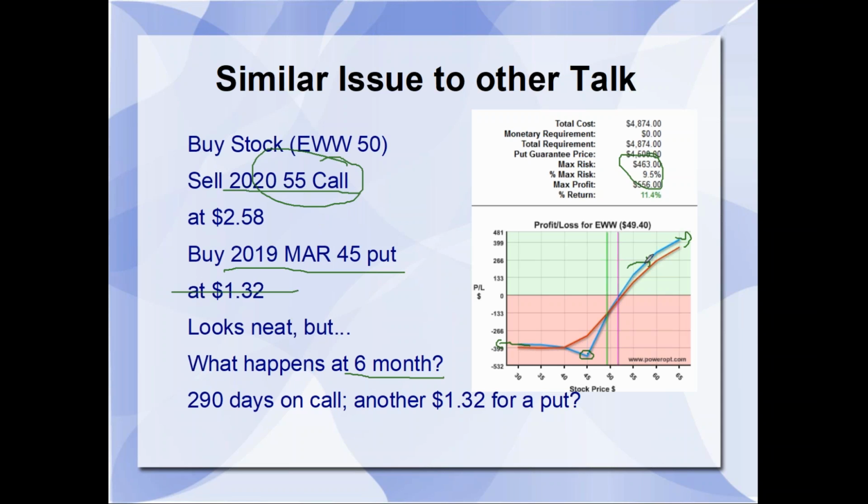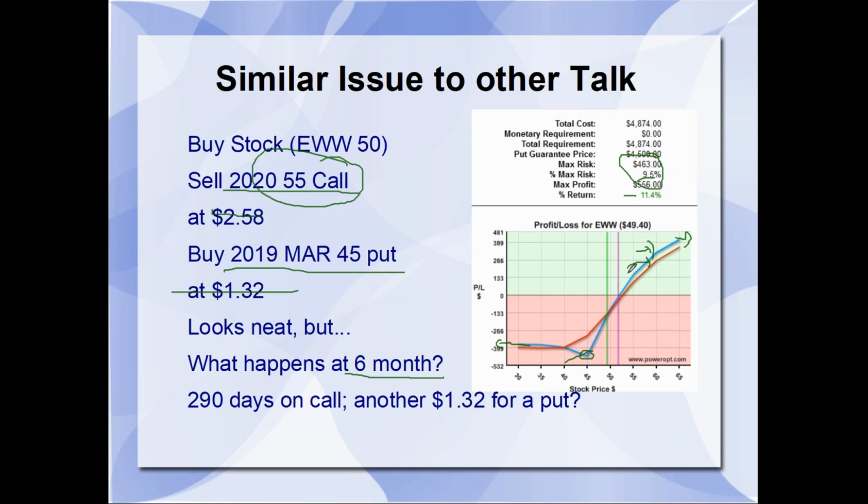I've got to decide, do I liquidate? And I didn't get a lot of time value decay, and my stock is up to 57, so I've got $7 worth of gain there. I lose the $1.32 on the put. Okay, so I liquidate it, but am I near 11.4%? No. I'm probably near $225 and probably at 5% for 6 months. Does that match your trading goals?